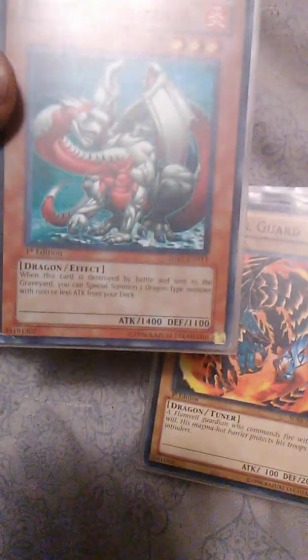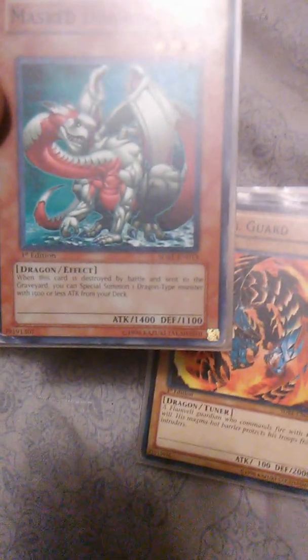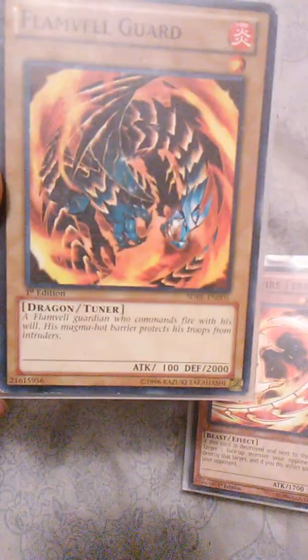And next, I run one Mass Dragon. Basically, if this card is destroyed by battle and sent to the graveyard, you just special summon one Dragon type, and that is why I run Flamewell Guard for synchros, you know. But we'll get into the extra deck afterwards. And I also run two Fencing Fire Ferrets,